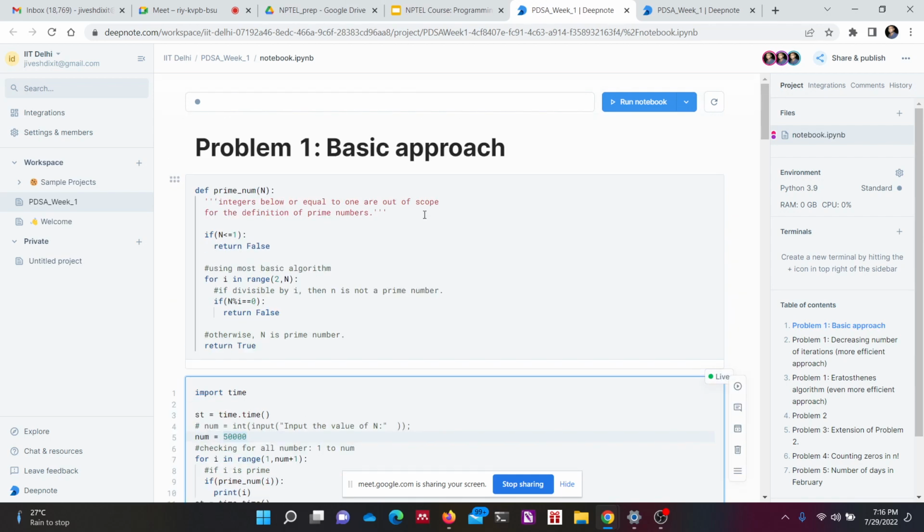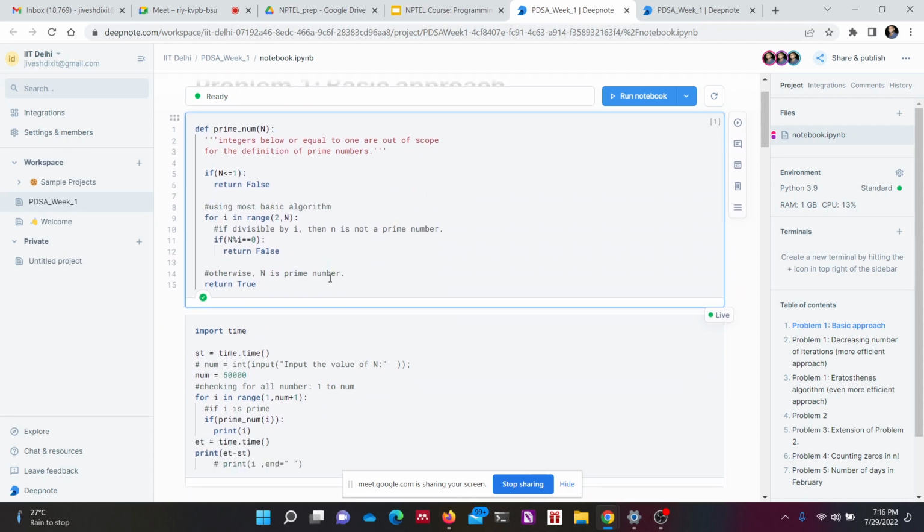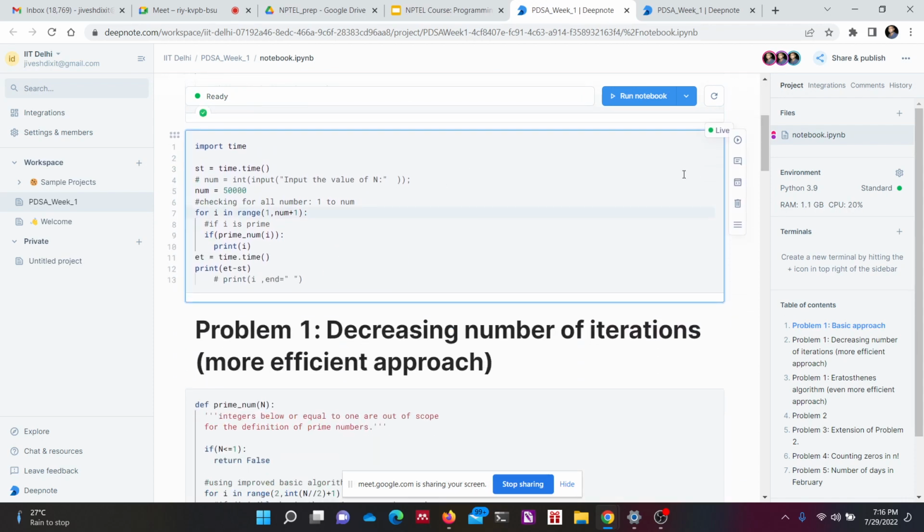So I will run this function. This function is now defined. So basically it is just a startup kind of thing. Okay, so it's ready now. The function is run. The function is basically in the memory. So now we'll see how much time this particular block, or this algorithm, is going to take to compute all the prime numbers below 50,000. So if we run this,